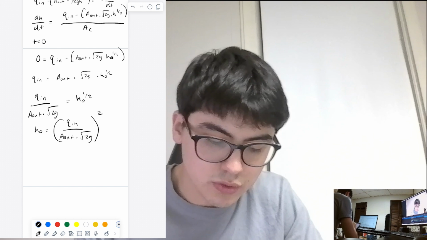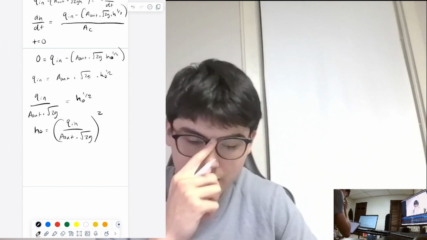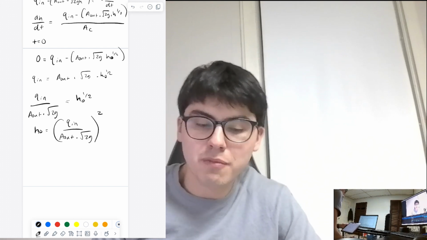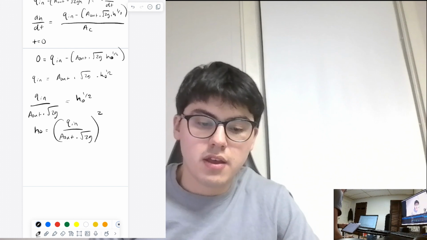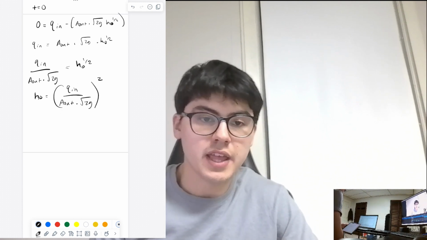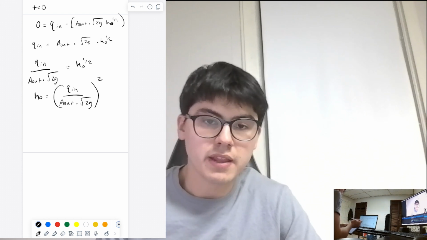And that is equal to that whole expression squared. So now that we have these initial guesses, we're going to use some different methods to investigate the change in height of the tank. The first thing we're going to use is Excel using Euler's method to approximate the value